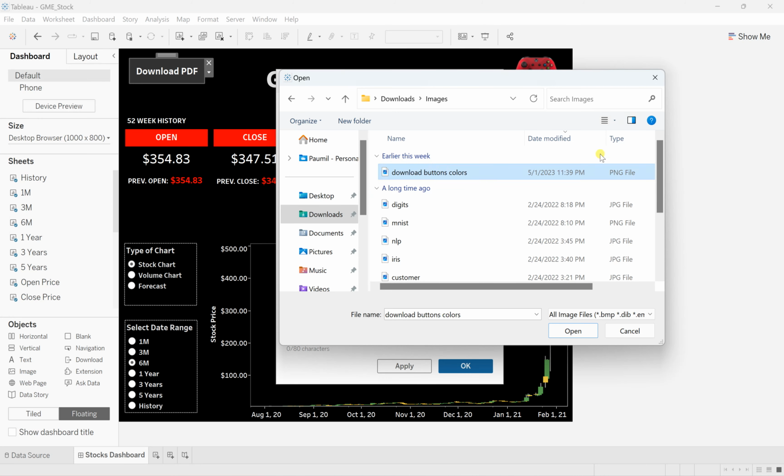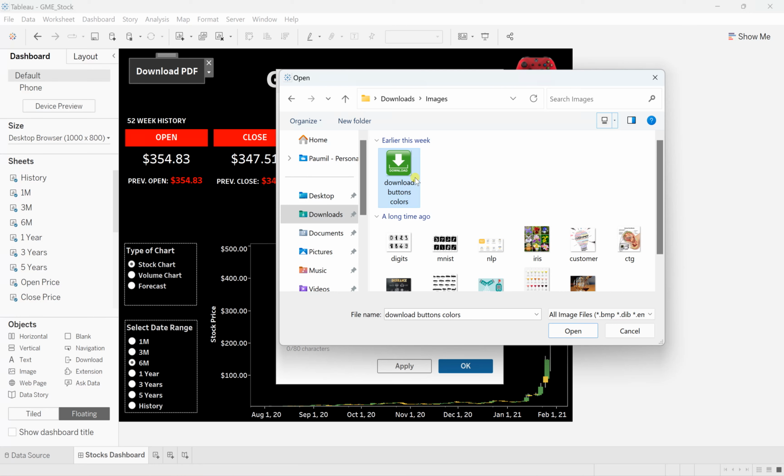You can see this one in icons, meeting icons. So here is the download button colors, and it's simply an image, which is a PNG file. You can download any transparent image from Google. You just search for a transparent image of, let's say, download, so transparent download images.